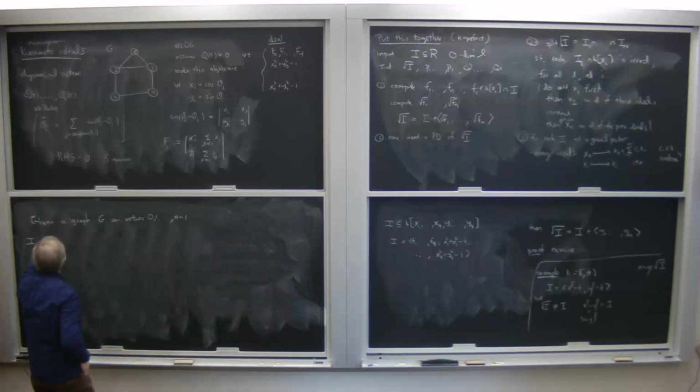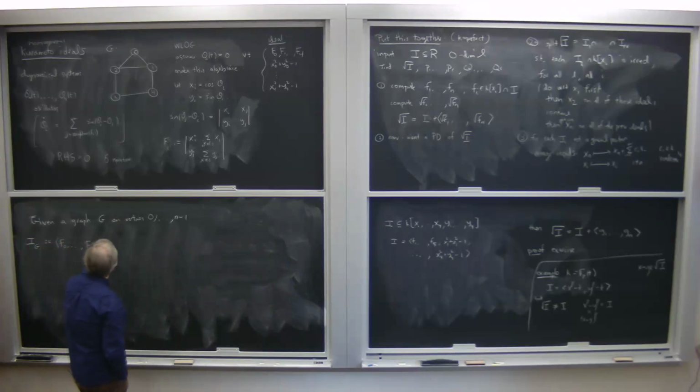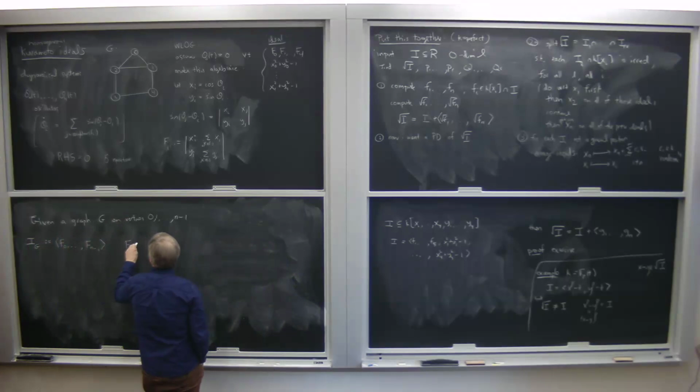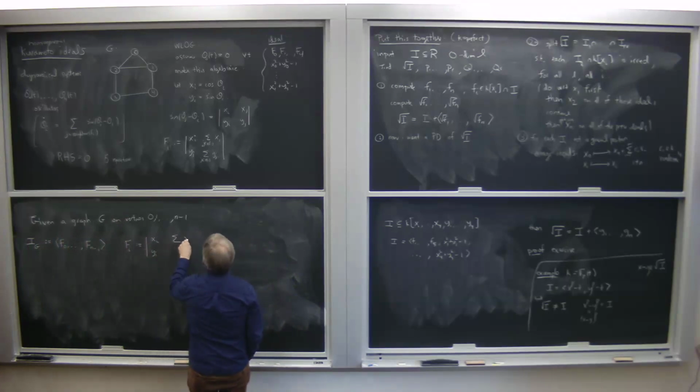It is generated by F0, F1 up to Fn minus 1, where F sub i is equal to the 2x2 minor xi yi, sum of xj for j in the neighbors of